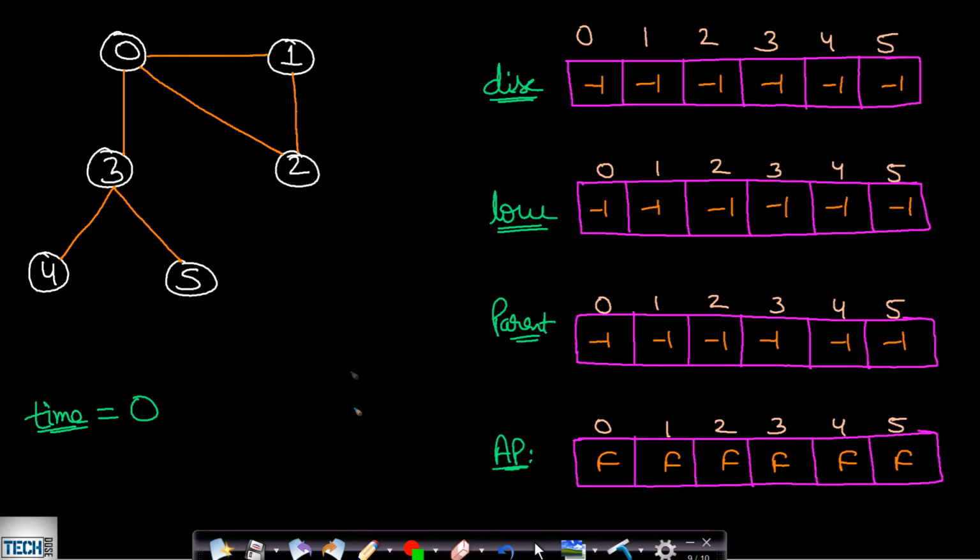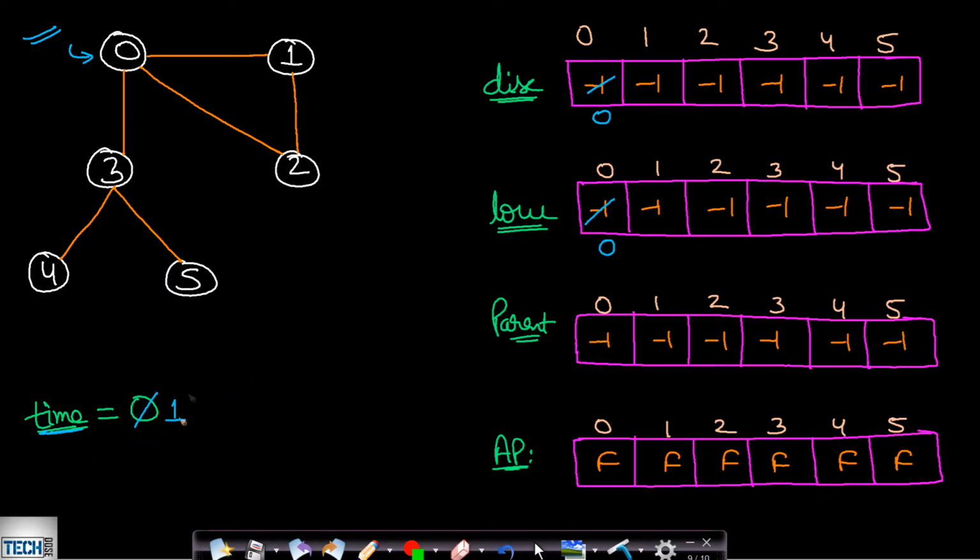Okay. Now let us take an example and dry run the entire algorithm, which is Tarjan's algorithm, in order to get a better understanding. Well, in this case, I will be taking the timestamp value time equal to 0 initially. And let us assume that we will be starting traversal from this node 0. Okay. So when we are at this node 0, what will we do? We will have to assign the discovery time. Discovery time will be equal to time, and low time will also be equal to time initially. So our timer will increase.